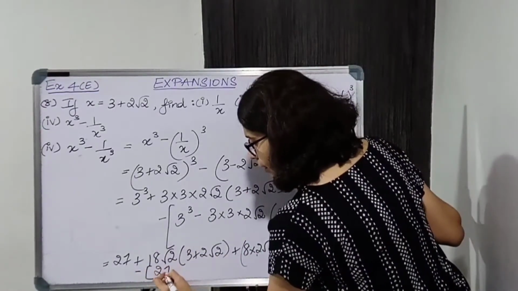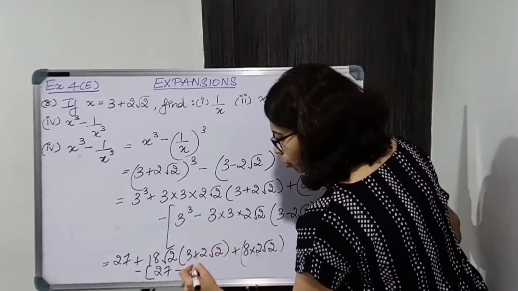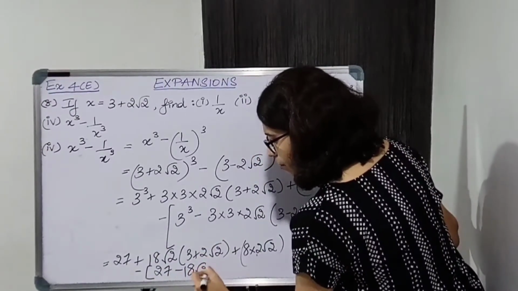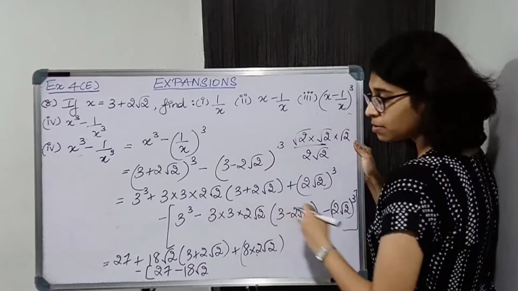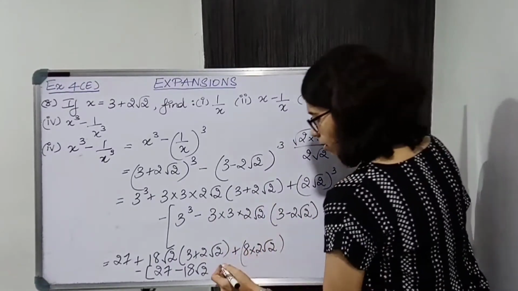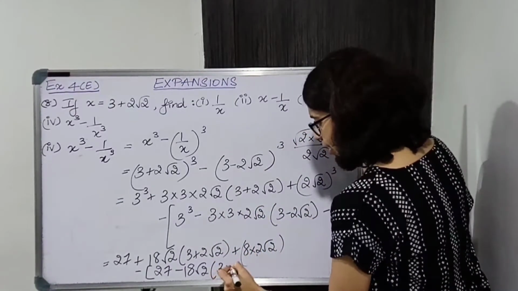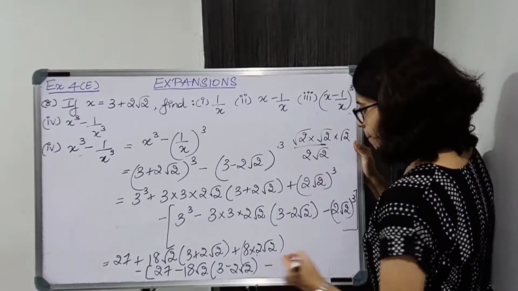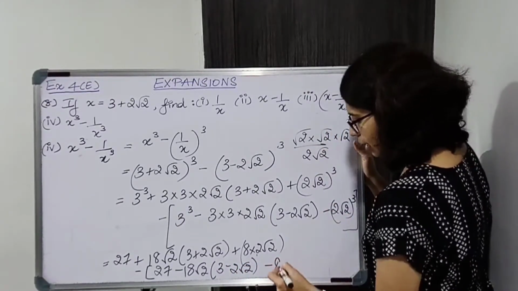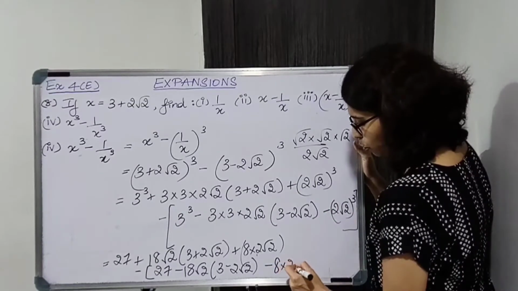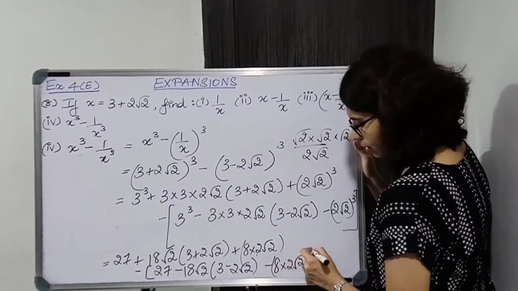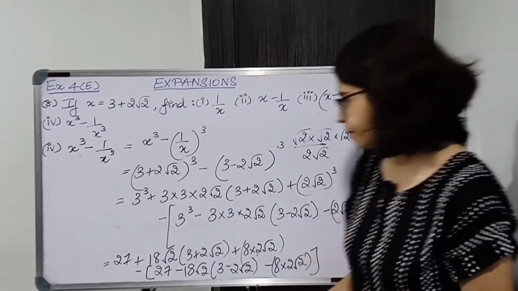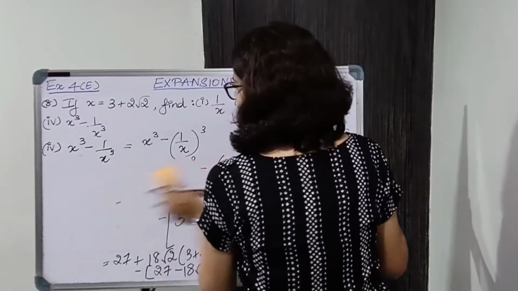3 cube 27 minus 18 root 2. Same thing. Terms are same, numbers are same, so the answer is going to be same. Only the signs are different. Minus 2 ka cube is 8, same thing into 2 root 2. Put brackets. Alright. Now